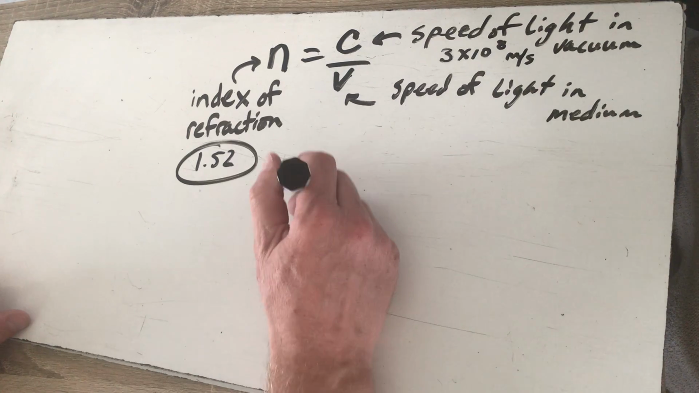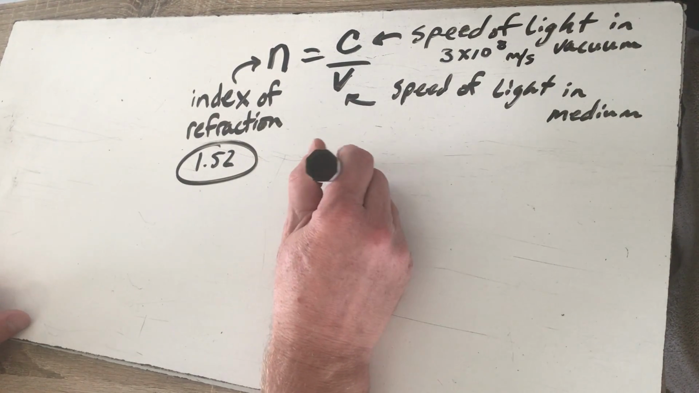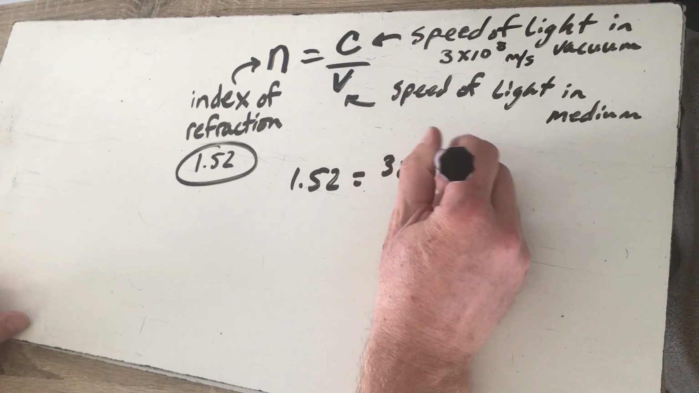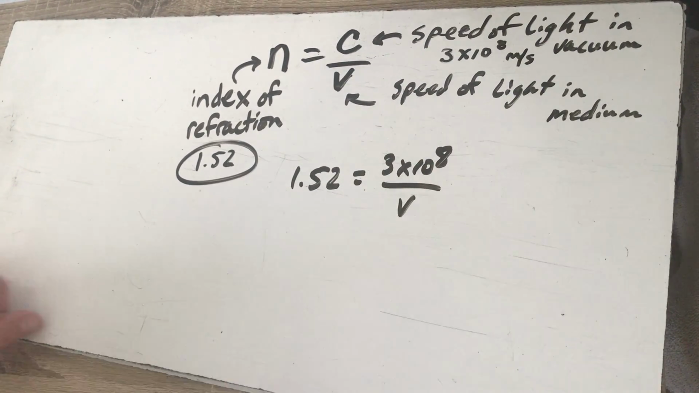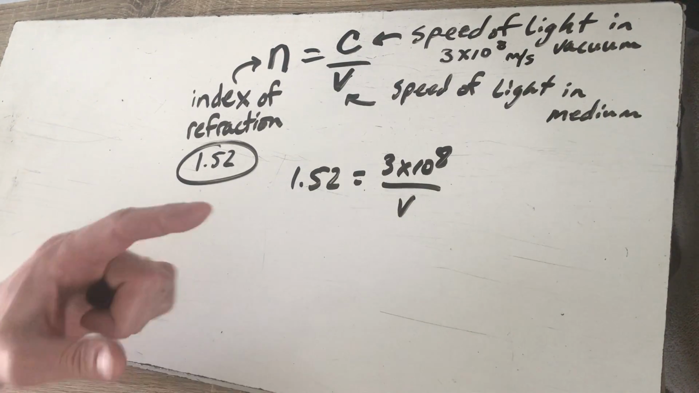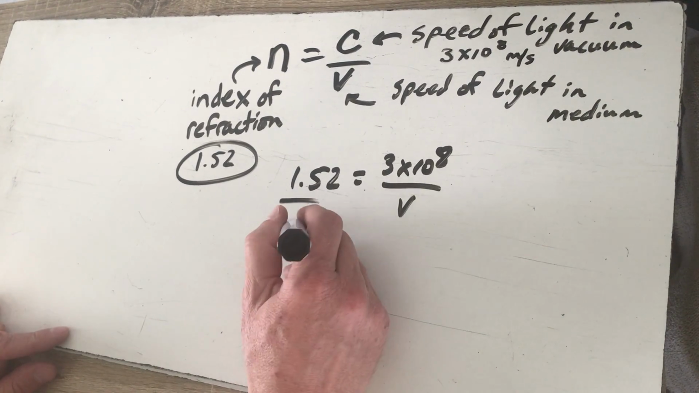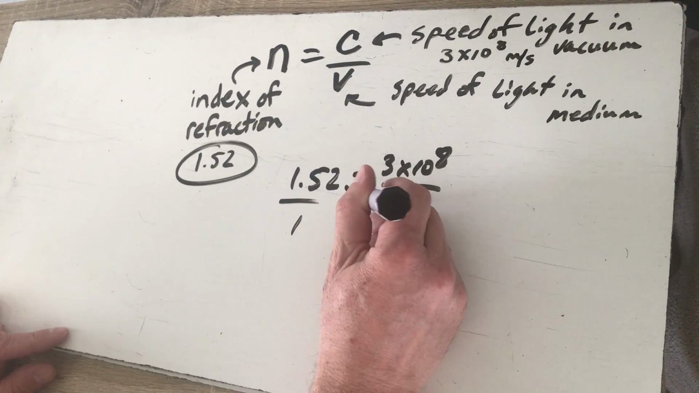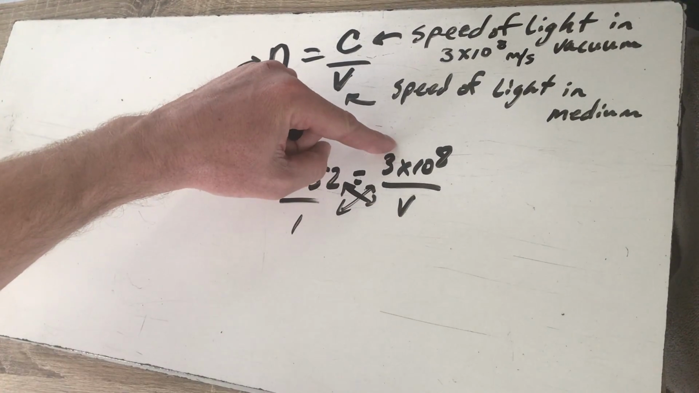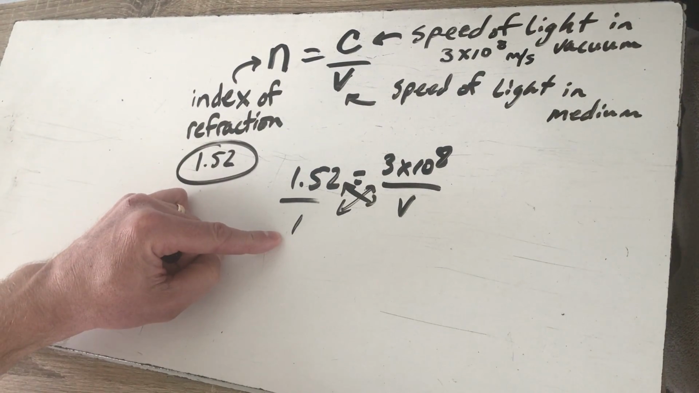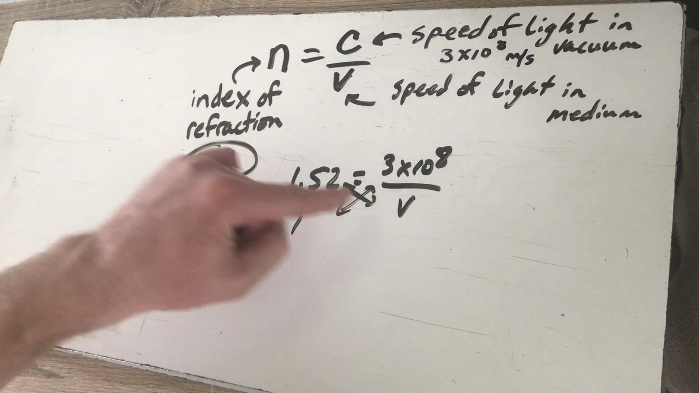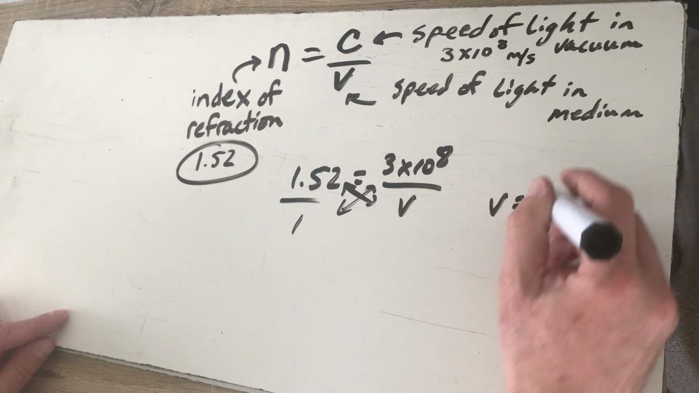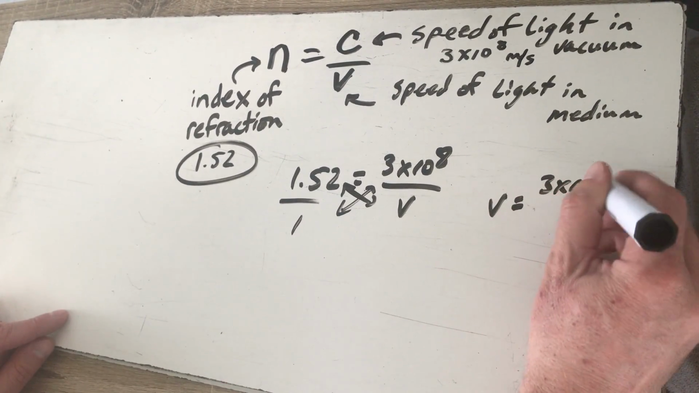All I'm going to do is set up this ratio. 1.52 equals 3 times 10 to the 8th over V. I just have to solve it for V, and just make sure you don't mess up on the algebra here. We're going to set this equal to a fraction over 1. We cross multiply. So essentially 3 times 10 to the 8th times 1 equals 1.52 times V. So I'm going to have V end up being 3 times 10 to the 8th